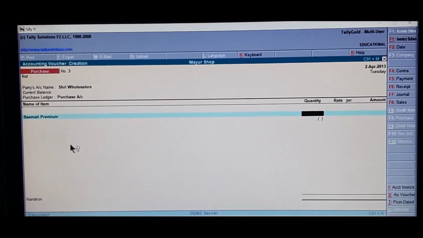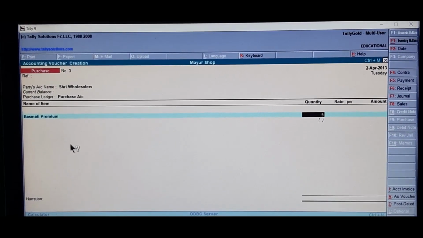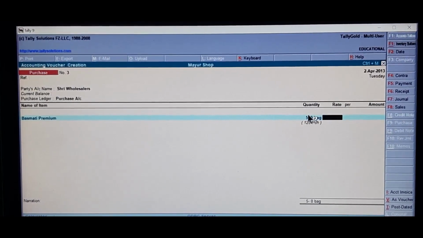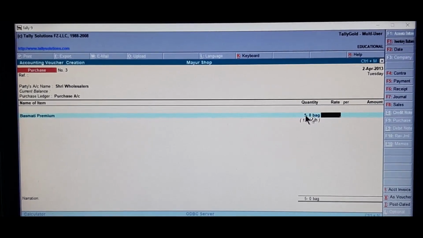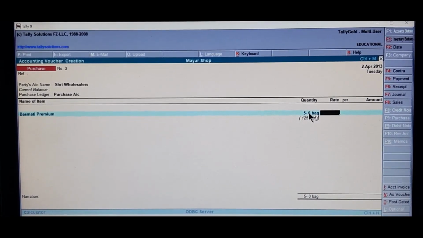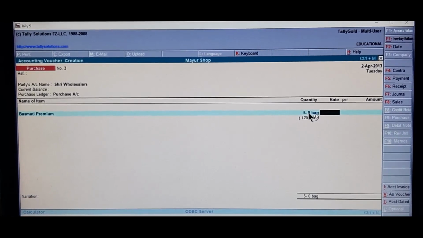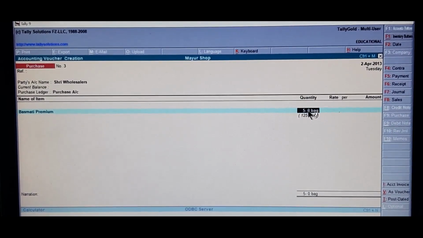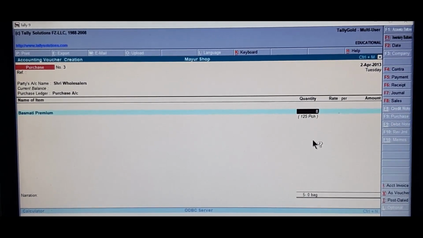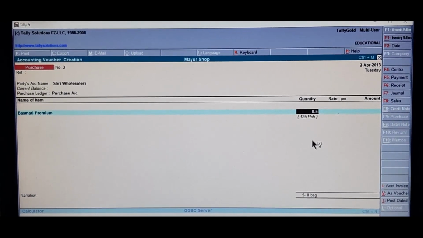Enter the quantity, 5 bags. The first number represents bag, second number represents pouch. Suppose if we require 8 bags and 5 pouch, in that case it has to be entered this way: 8-5.